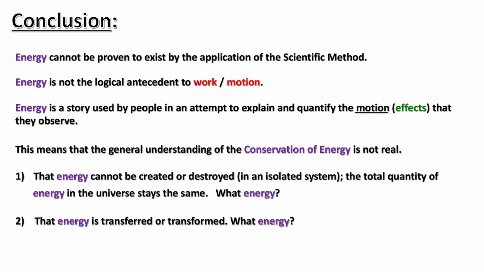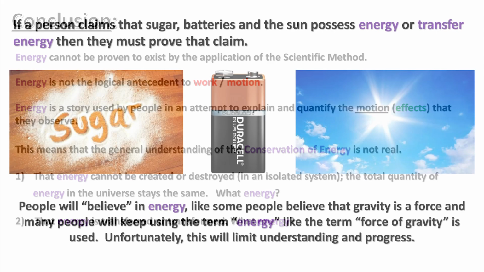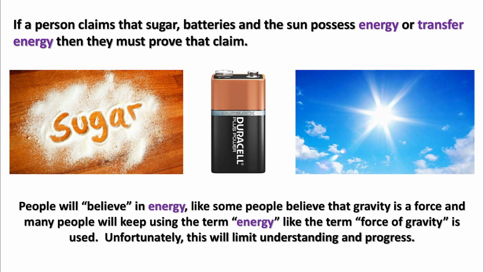1. That energy cannot be created or destroyed in an isolated system. The total quantity of energy in the universe stays the same. What energy? 2. That energy is transferred or transformed. What energy? If a person claims that sugar, batteries, and the sun possess energy or transfer energy, then they must